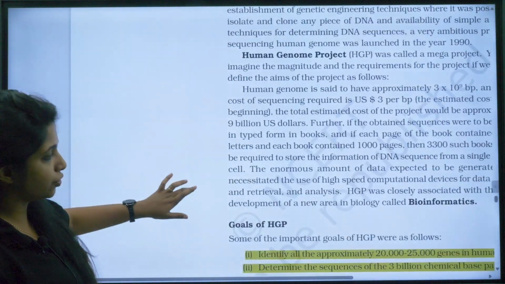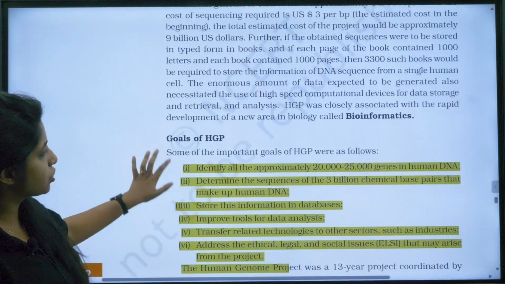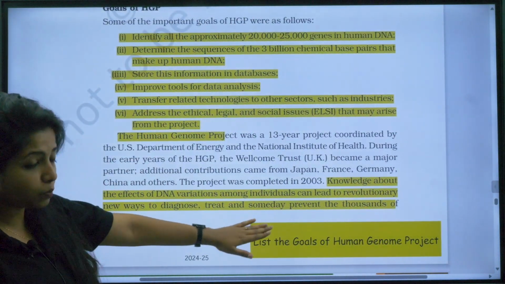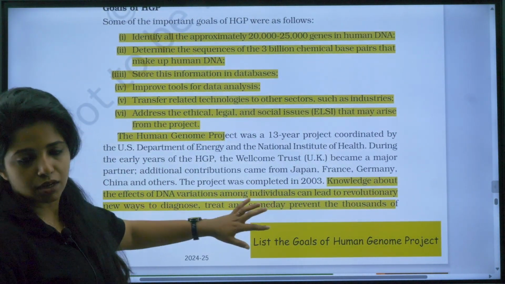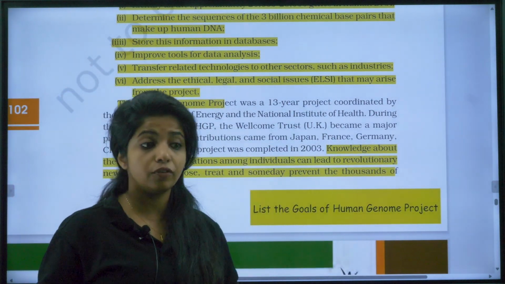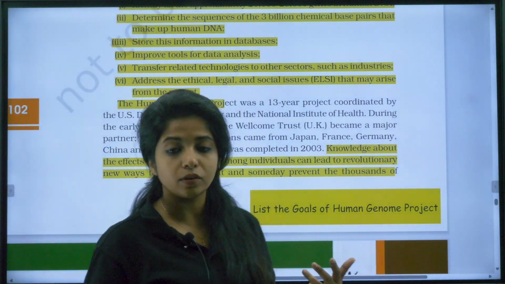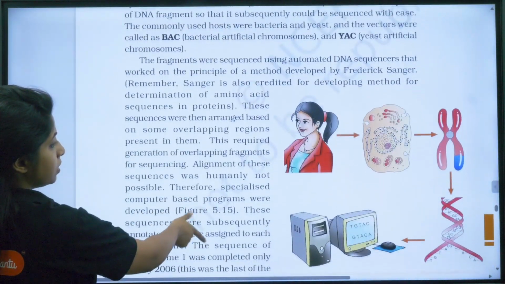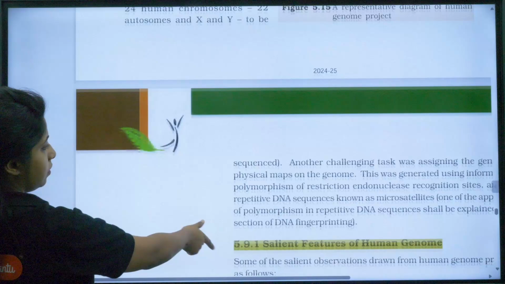Now human genome project, very much important. Okay, they ask you for the goals of the human genome project directly. So list the goals of human genome project. You should be knowing it, why it is important and everything. So knowledge of this will help in preventing a lot of diseases. If you know the genetic code, if you know what proteins make what, we would be able to identify and basically treat a lot of diseases. Okay, now all this thing, YAC, BAC, and then what do we have?